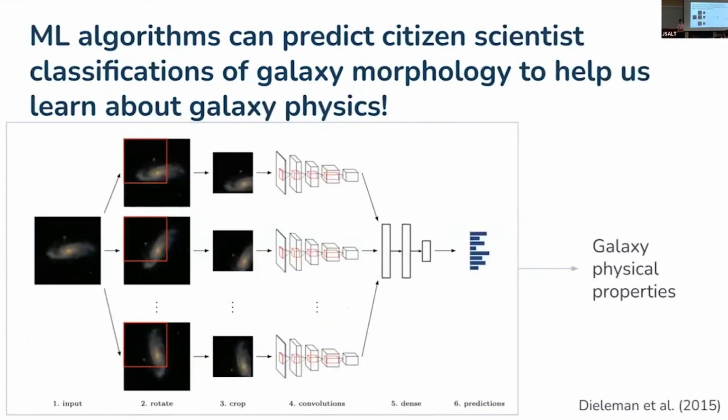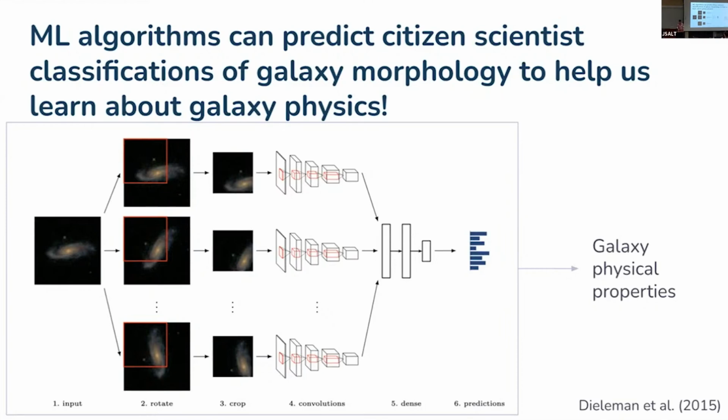And then this is really the big rise of the deep learning era. Sander Dieleman, who I think is at Google, maybe at DeepMind or something right now, did a lot of work on these rotation invariant CNNs to classify galaxy morphologies based on citizen scientist classification. So you have all these citizen scientists who have classified galaxies, and then he could basically propagate those labels, also maybe predict their probability distributions, which ultimately helps us learn about galaxy physics. Okay, so this is kind of getting more and more complicated.